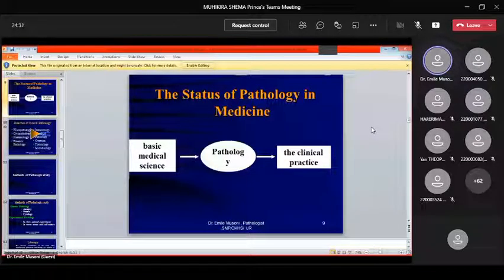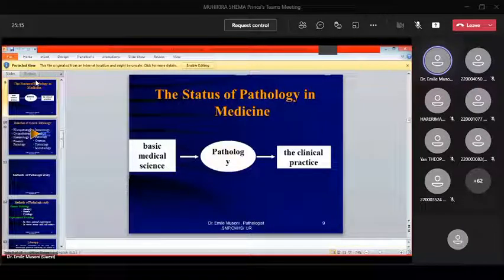So the methods of pathology study, we have seen some in histology. There is in pathology what we call autopsy. Autopsy is an examination of a dead body, to identify the cause of death. So forensic is found in pathology. Then biopsy and cytology. And in research, there is what we call experimental pathology, like animal experiments in vivo and in vitro, tissue and cell culture.